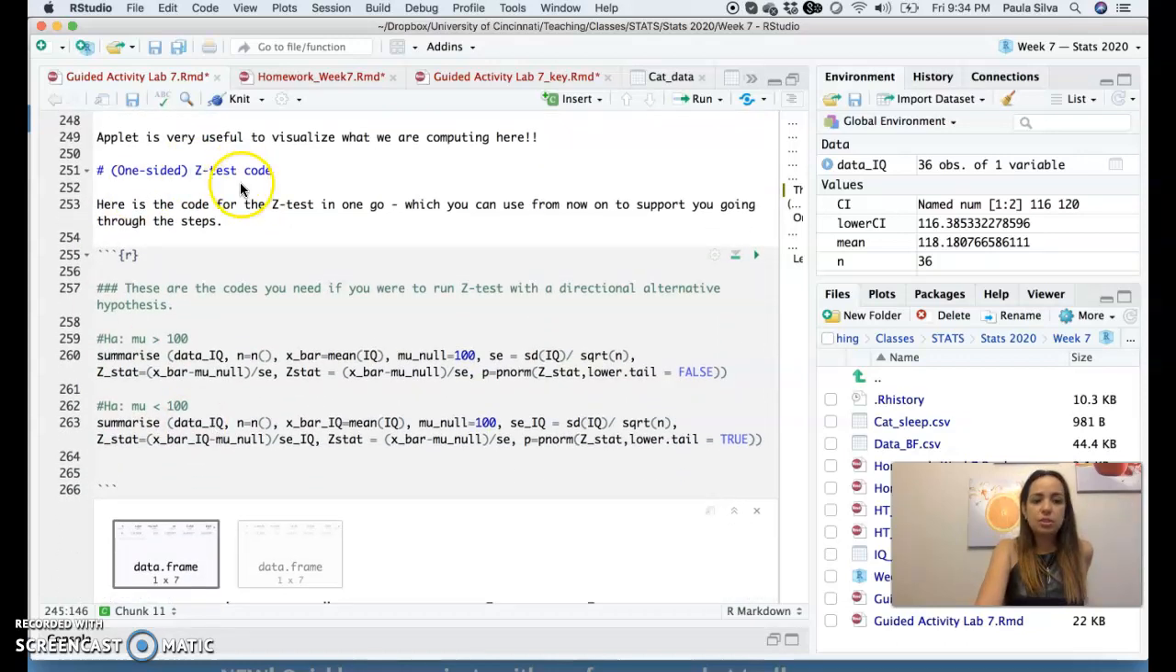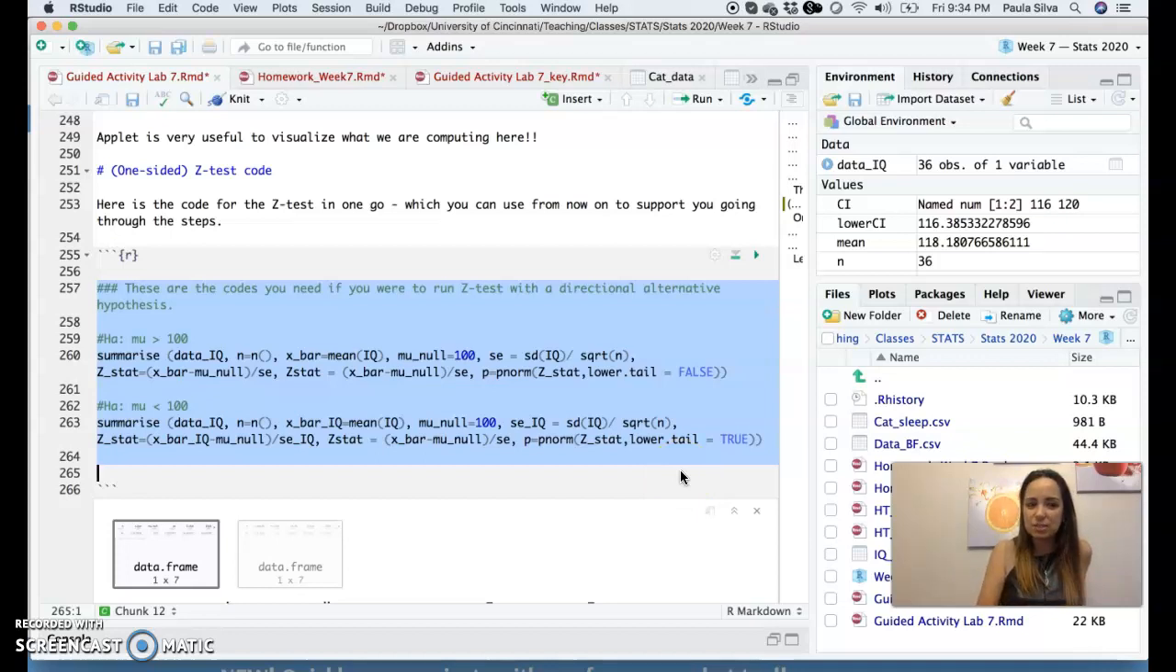Now, what we just looked at is a one-sided z-score. And just like I pointed out above, here is the code, the base code that you want to use every time I ask you to compute confidence intervals. And here are the base codes if you want to compute